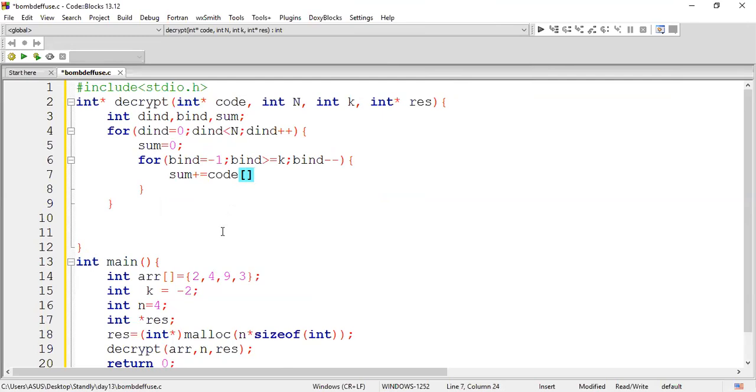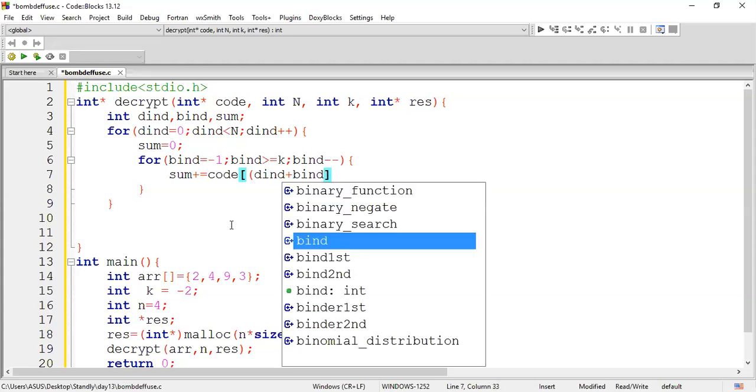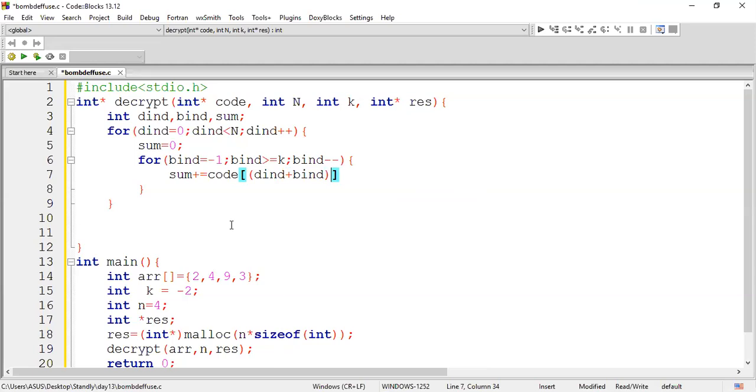So here is the important logic we are supposed to concern ourselves with. What we are supposed to bring is the index position of the element. So previously what we did, D index plus B index, okay, D index plus B index, and followed by it we made it modulo by N. So if you do like this, what's going to happen? We'll just substitute this in the code. We'll check what is missing. So you can just add something to it to make it work for this particular code.